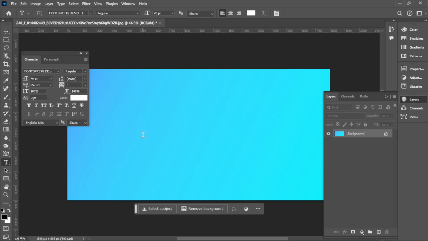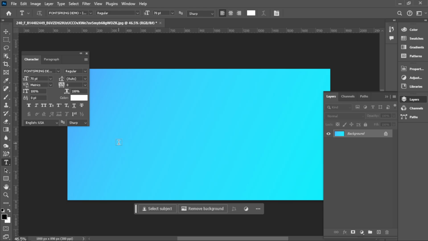To follow along, open Adobe Photoshop on your computer. If you do not already have it installed, you can download it from the official Adobe website through the Creative Cloud app. Once Photoshop is open, create a new document or open an existing project where you want to add the shadow effect. We are going to create a much more realistic looking shadow effect, instead of using the standard